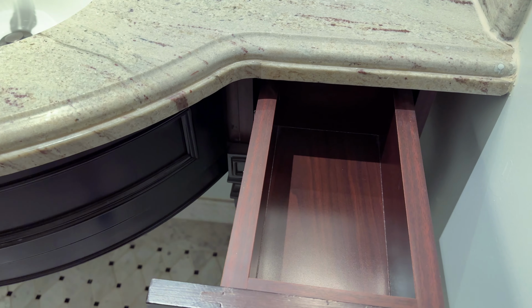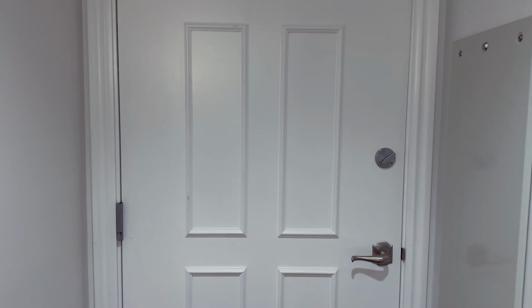And then on this side, we have the walk-in shower. It's really nice. I love that you can have two people getting ready at the same time. It's just so much more convenient. This is an adjoining room with a one bedroom next door, so there's the door for that. Here in the closet,